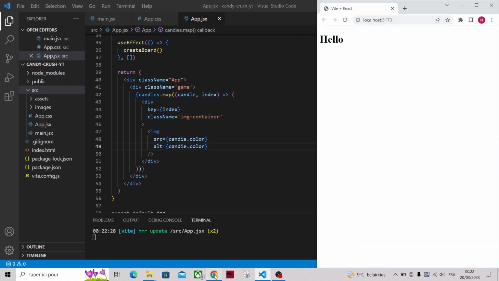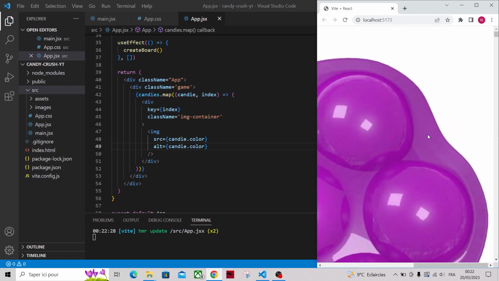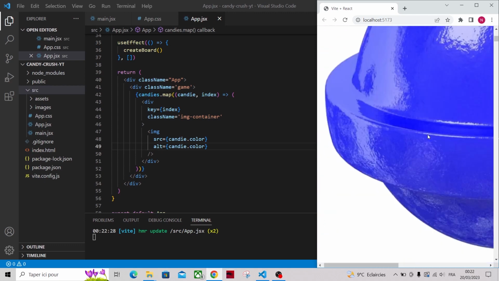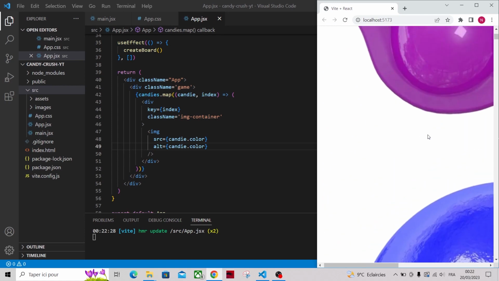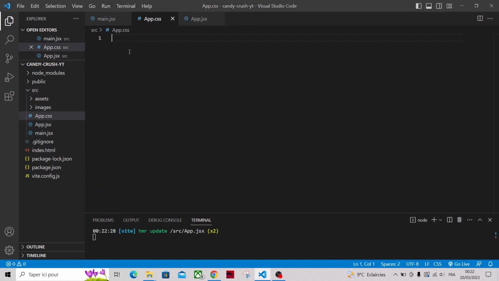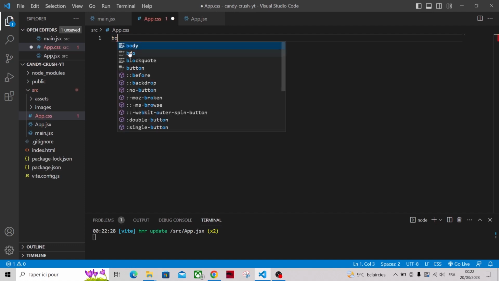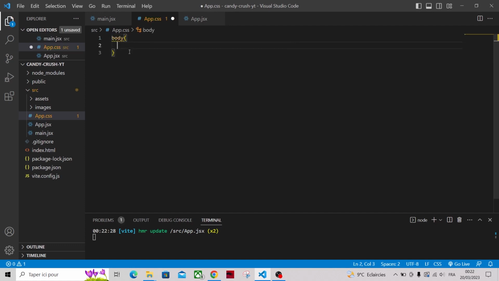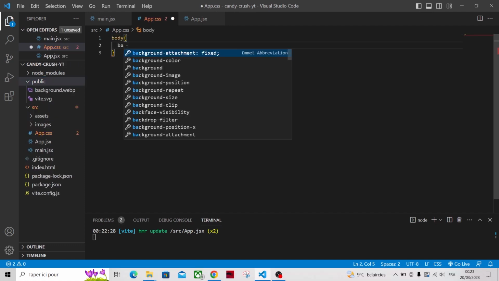So let's see what we have. Okay, so we have our candies. Let's now add some styling. So I will start with the body element. So I will apply this background